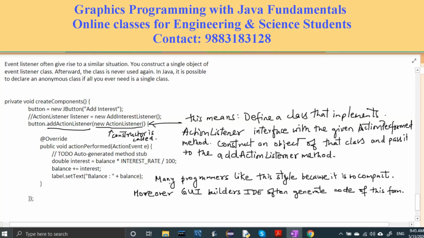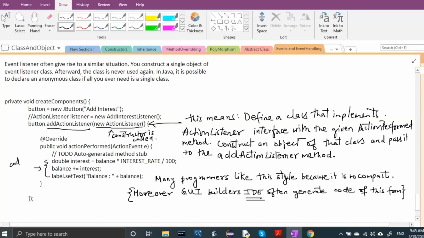So when you are using an IDE, these are not the parts of notes, meaning you don't have to remember these things. But whenever you are using an IDE, it generates this kind of code: button dot addActionListener, new ActionListener, this, and then they close it. What you have to do is feed the code.